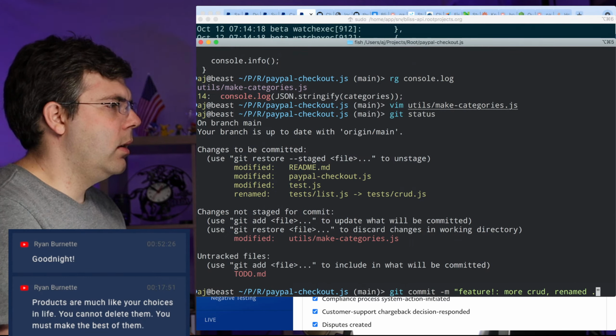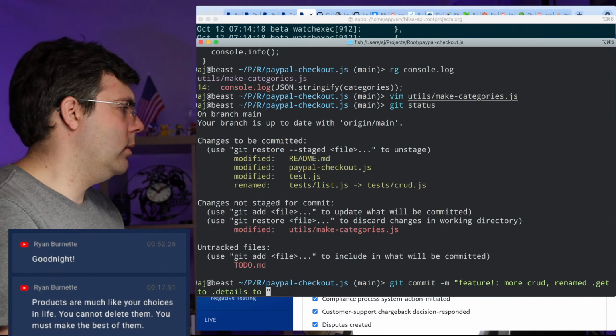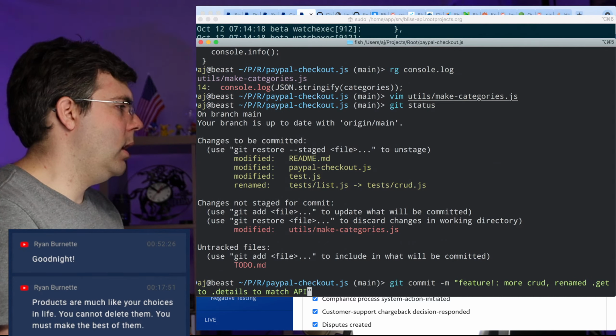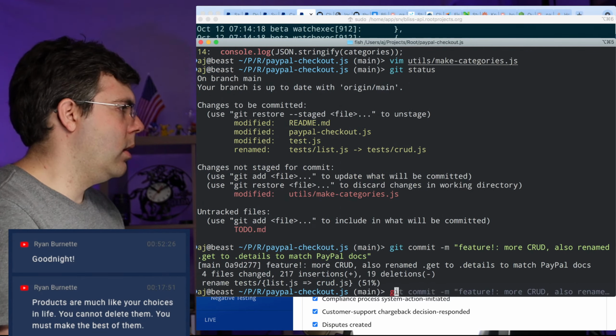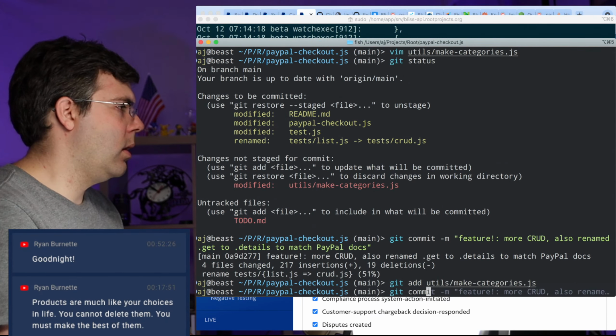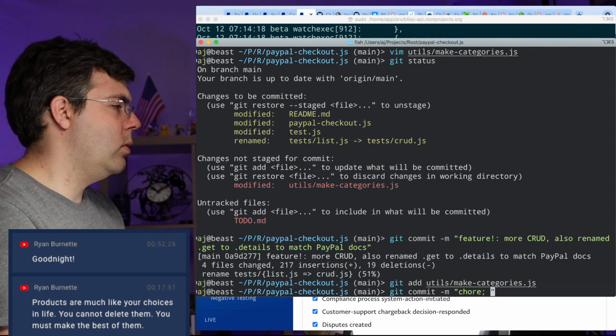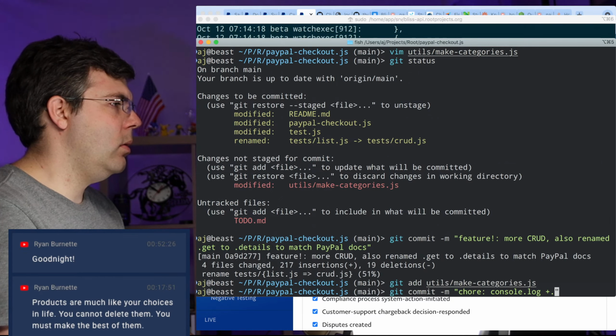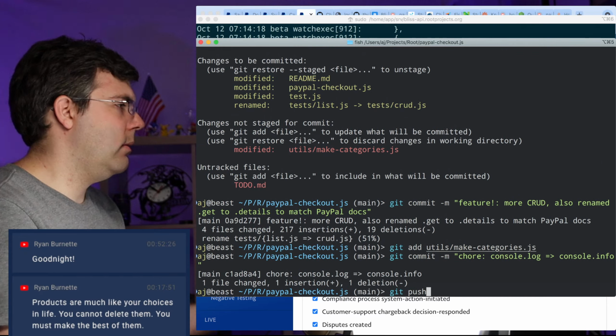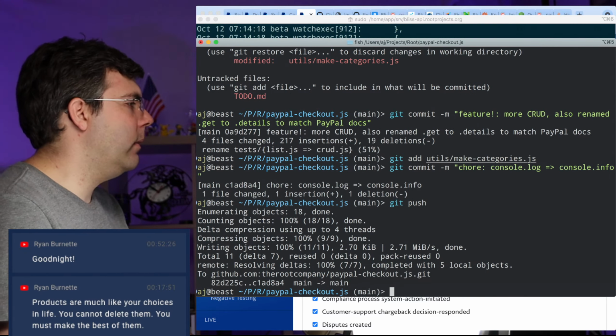Renamed .get to .details to match the API, PayPal docs. There we go. Console.log to console.info. And that's in a comment anyway, so it really doesn't matter.